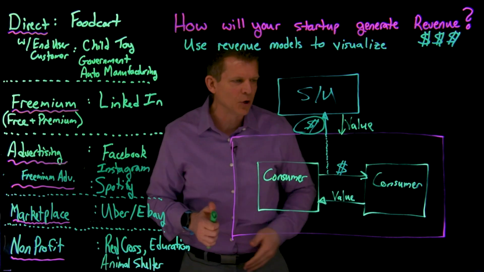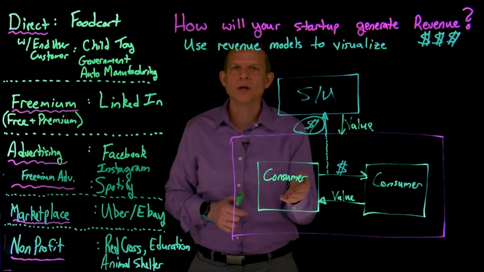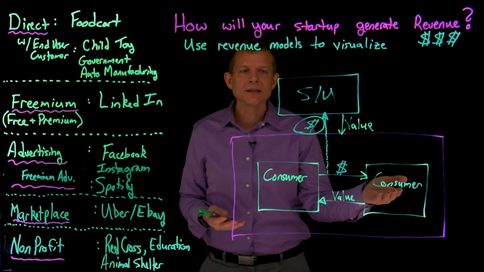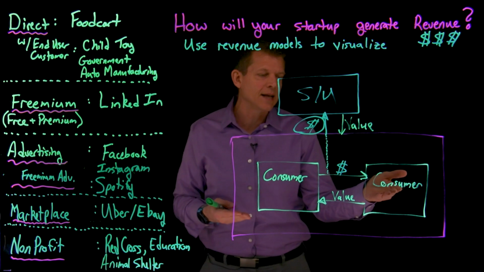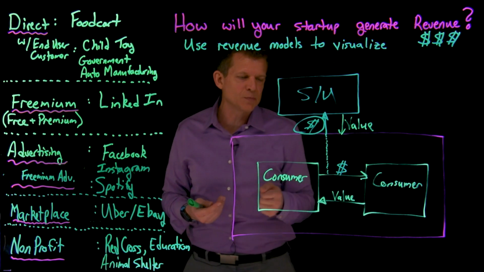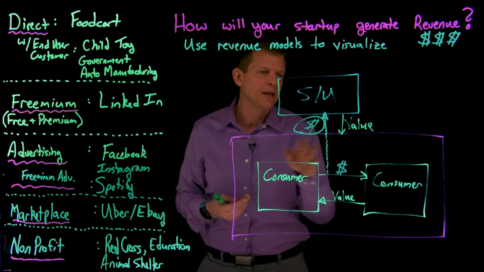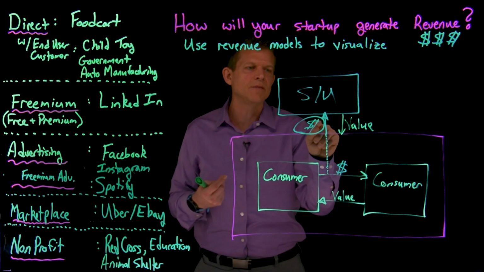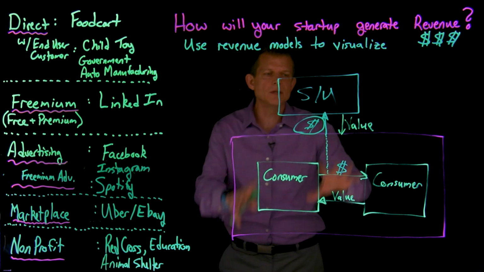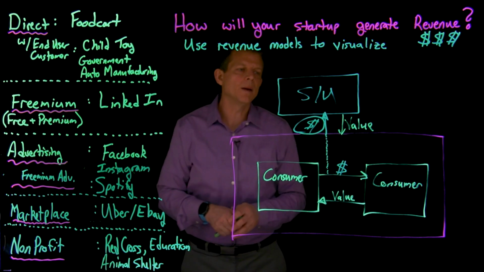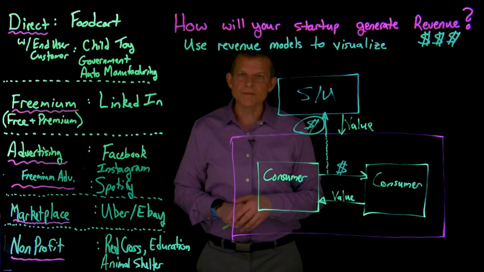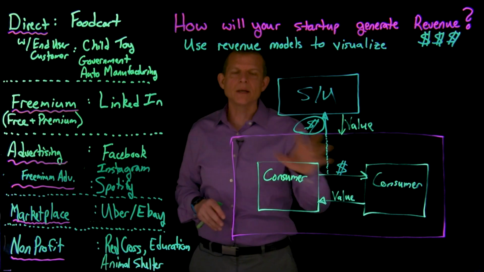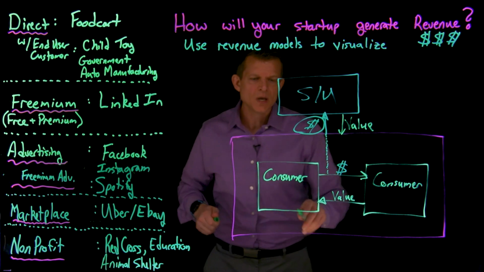eBay, as an example, this consumer is looking for a great piece of art. This consumer has some art out there that is used and they want to sell it. So the art goes to this person, who pays for it, and then eBay takes a percentage of that or a portion of it back as their revenue. So this is a marketplace. It's a very powerful revenue model. There are some unique challenges I want to point out, though, about a marketplace revenue model. The